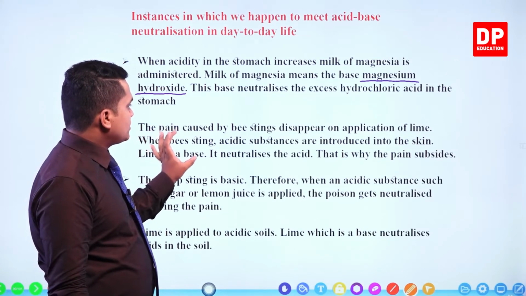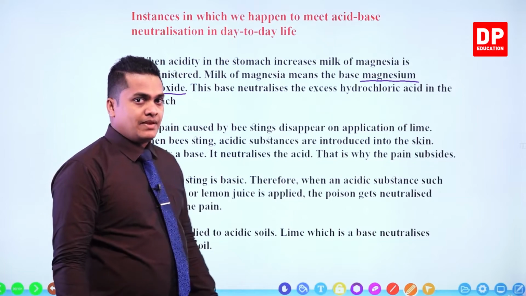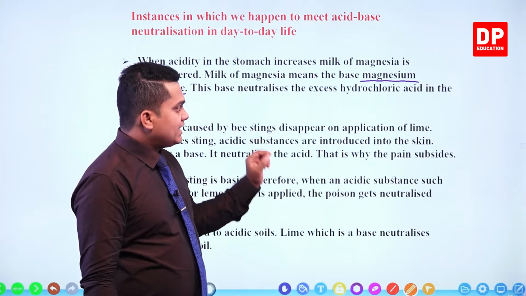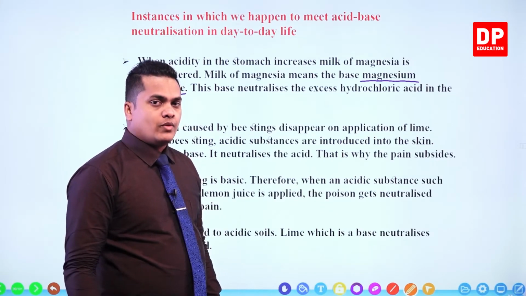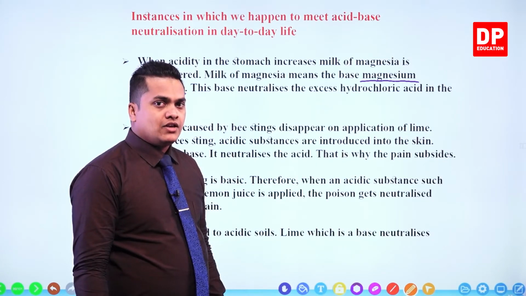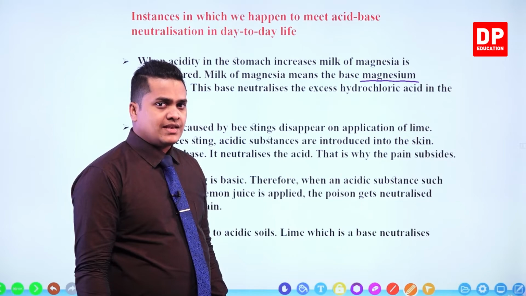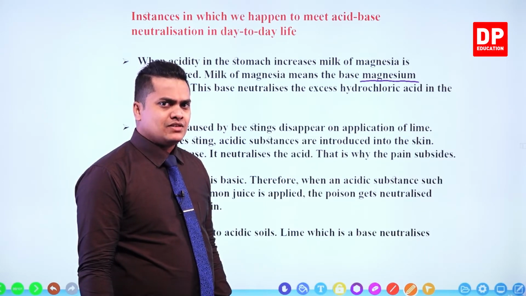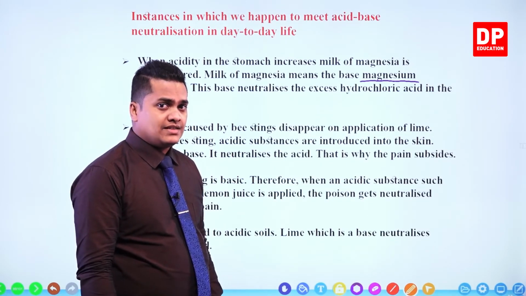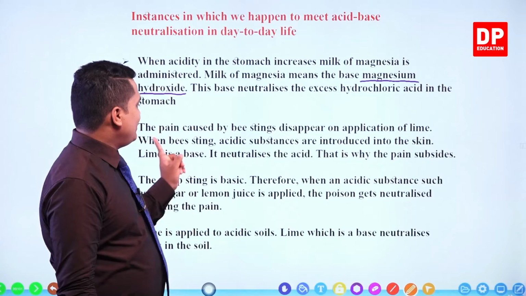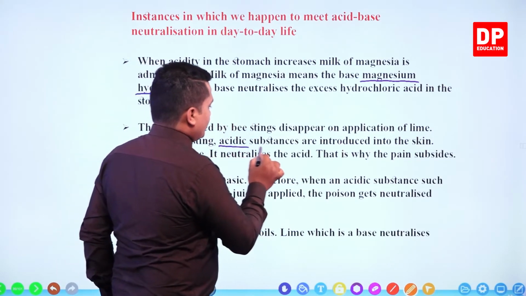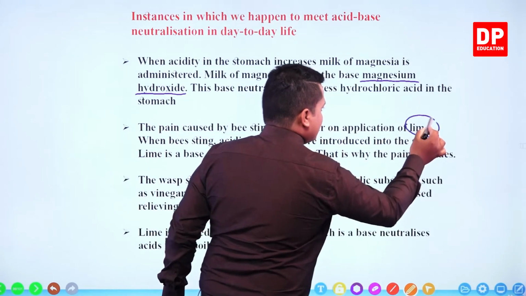The pain caused by bee stings disappears on application of lime. Now when you apply some amount of lime, the pain caused due to a bee sting is going to disappear. Lime is a base, so definitely bee sting should be a type of acid. Let's see. Because lime is a base,